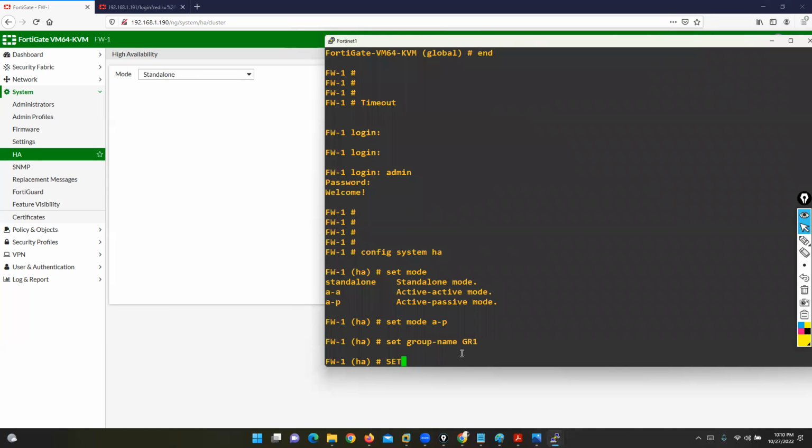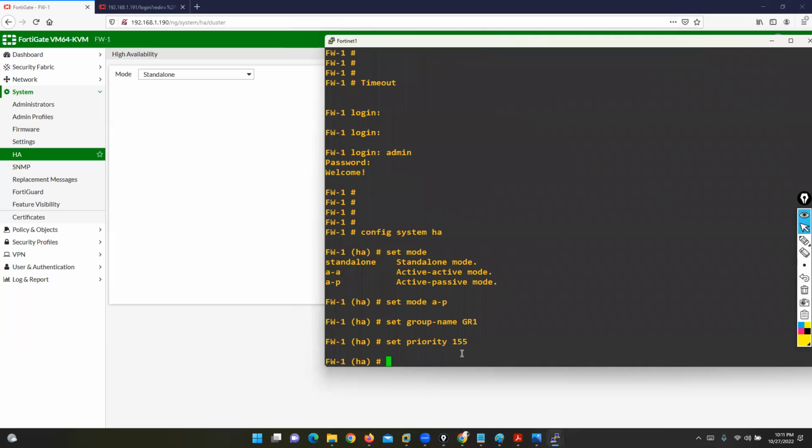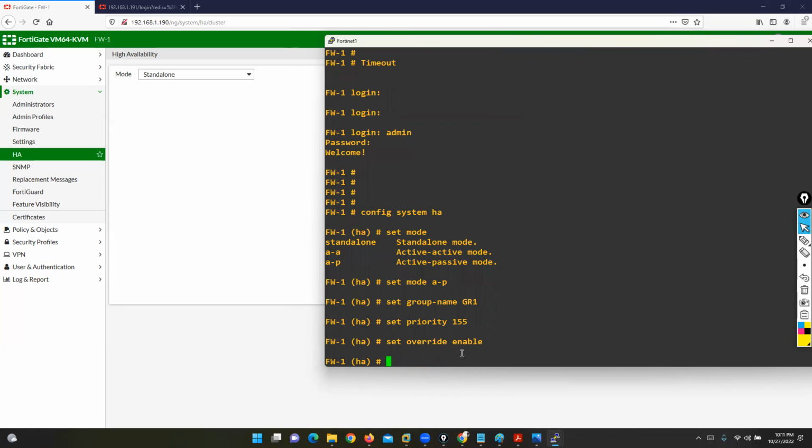Now set priority value. For example, I'm using 155. Now set override enable. Remember, there is an override enable/disable option, so I'm trying to enable it. Now what about the password? You can configure a password, I will show you. Set password. For example, I'm using